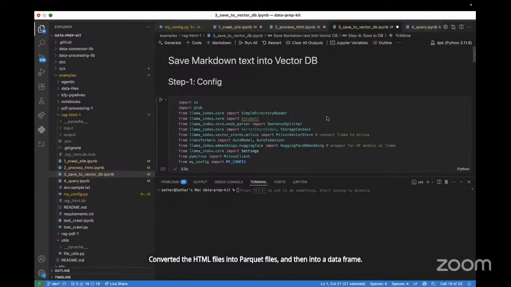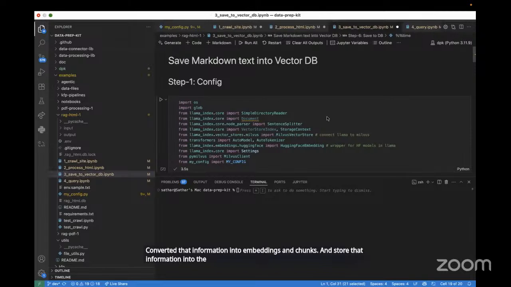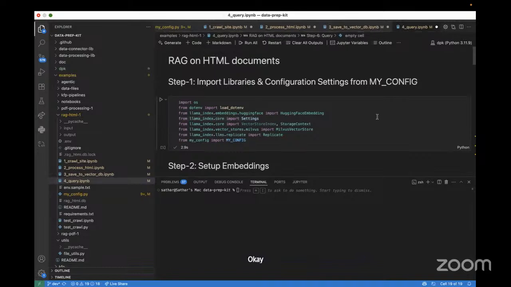From the data frame, we generated markdown files, which has all the website information, converted that information into chunks and embeddings, and stored that information into the Milvus database that will act as the RAG component. The database is going to store the vector information for all the data that we have crawled from the websites.